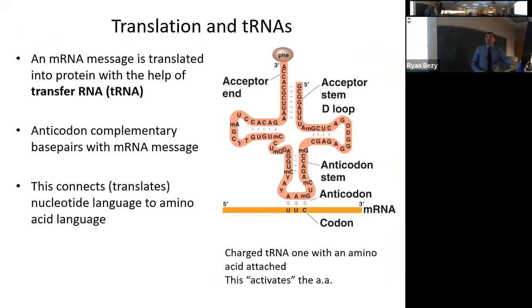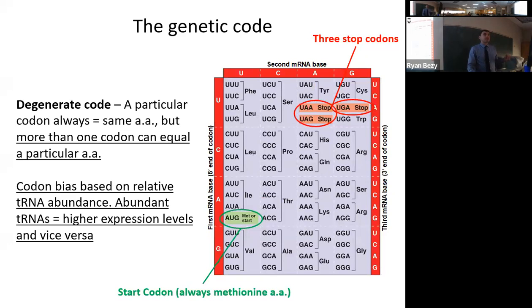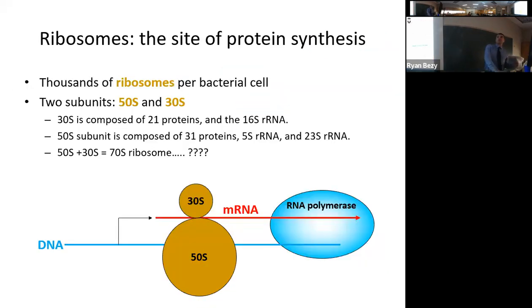Remember, tRNAs also facilitate translating nucleotide languages. So there's going to be a codon in the messenger RNA. This will complementary base pair with an anticodon in the tRNA. And this particular tRNA is always paired up with the exact same amino acid every time, in this case, phenylalanine. So what this does, tRNAs translate a nucleotide language into an amino acid language. Now, the messenger RNA, the tRNAs, all of this then comes together inside of ribosomes.